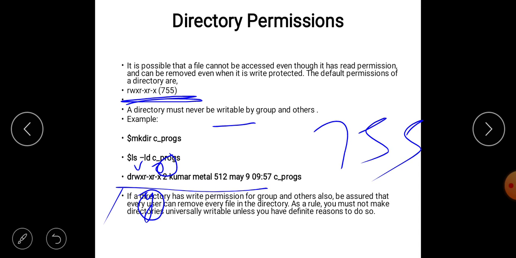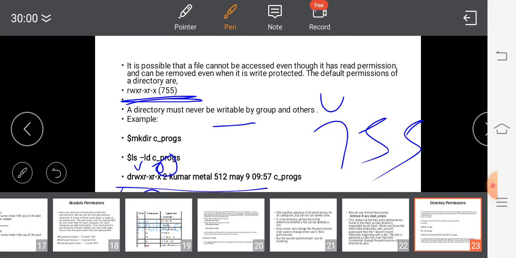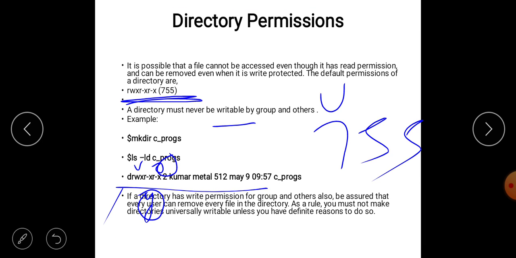Means for the user all the three permissions will be there. For group and other the write permission will be cancelled. Okay, this is mandatory.